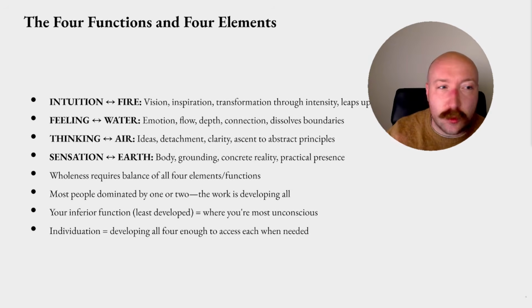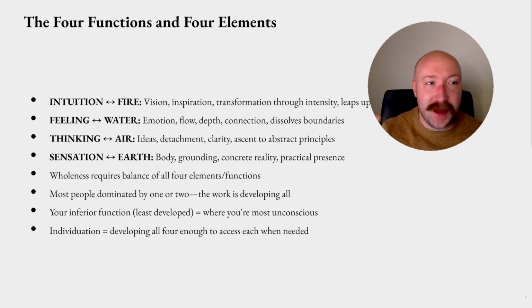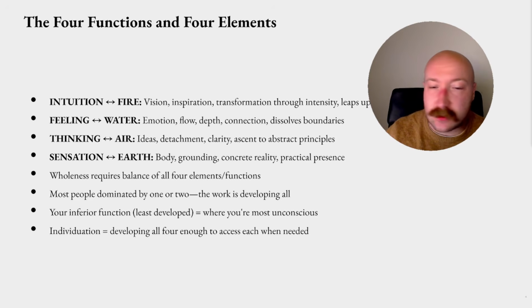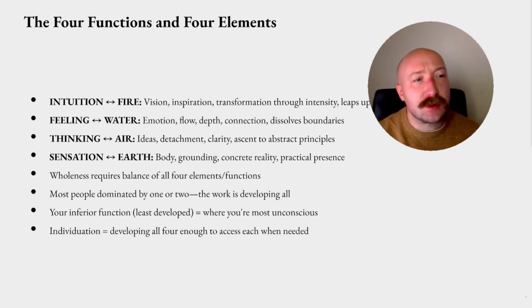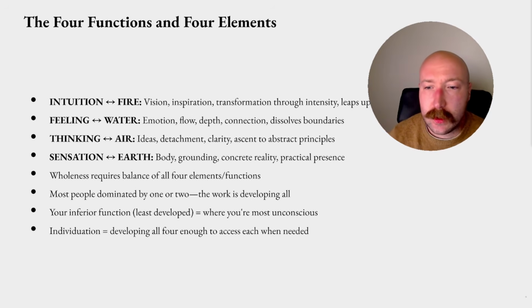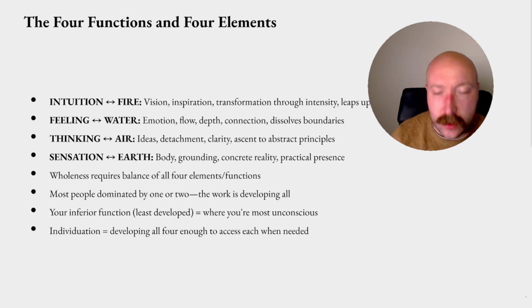But what's the weakness? Everything has its bounds, as we're seeing. The weakness is they can seem impractical, unrealistic, disconnected from the concrete reality. So you're starting to see that everything in Jung's system has that regulatory aspect of self-regulation. Now, the crucial point is that everyone uses all 4 functions, but in hierarchy.